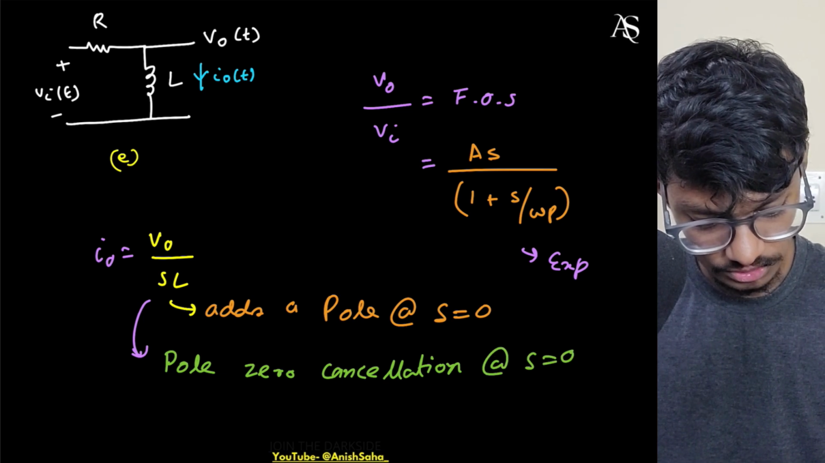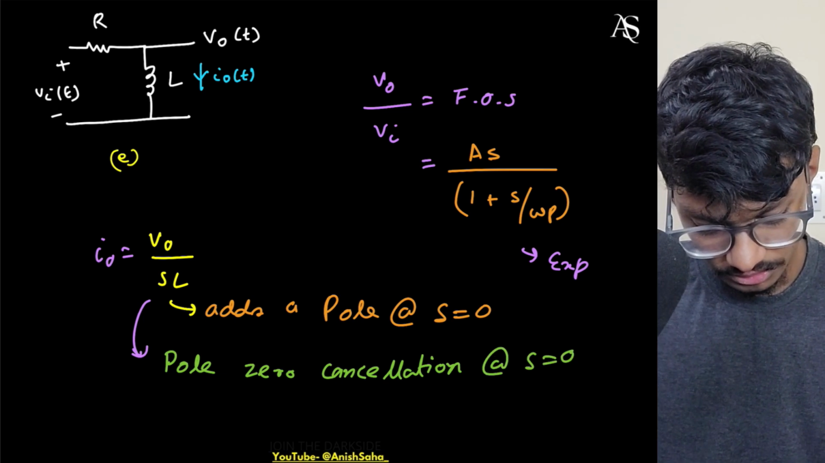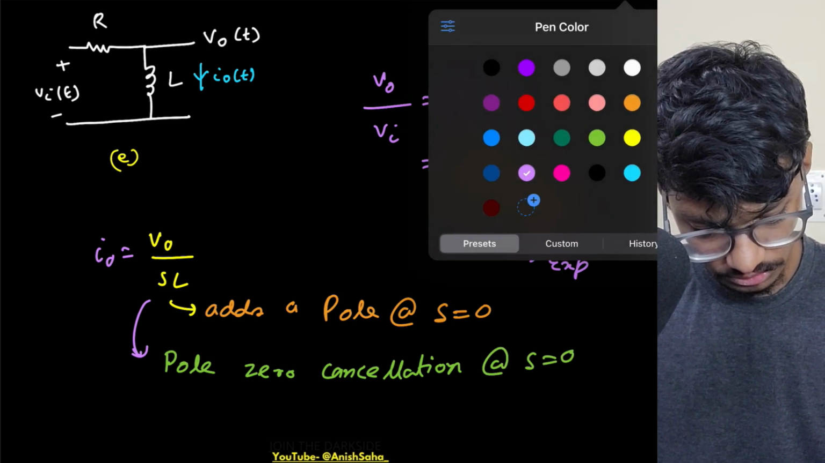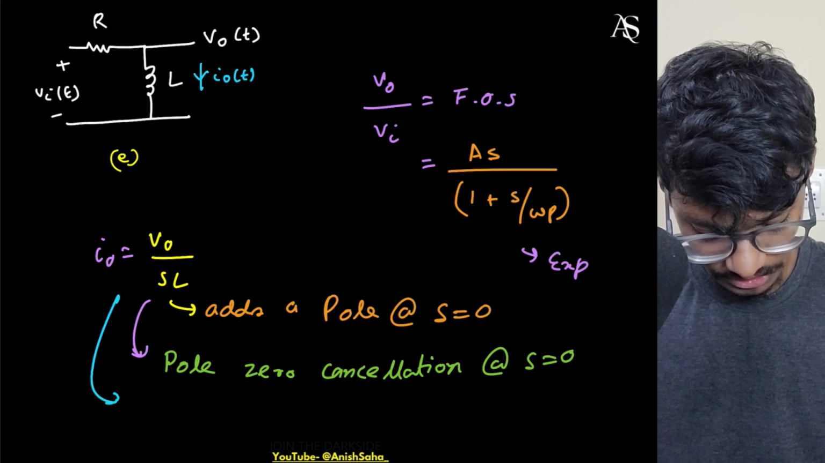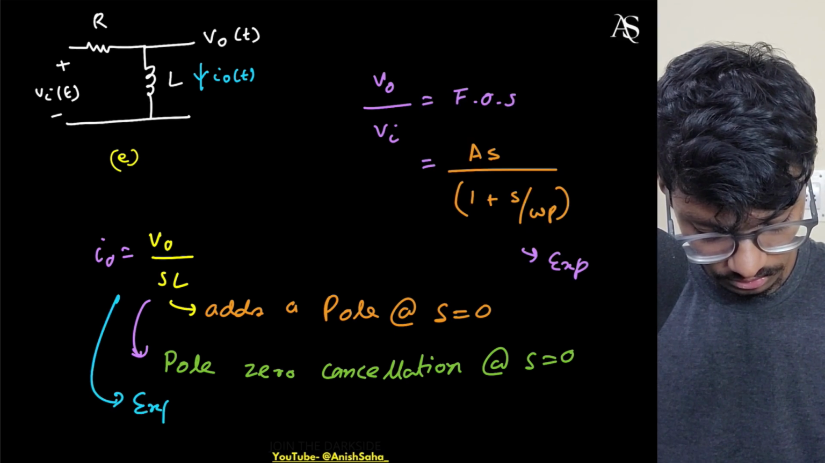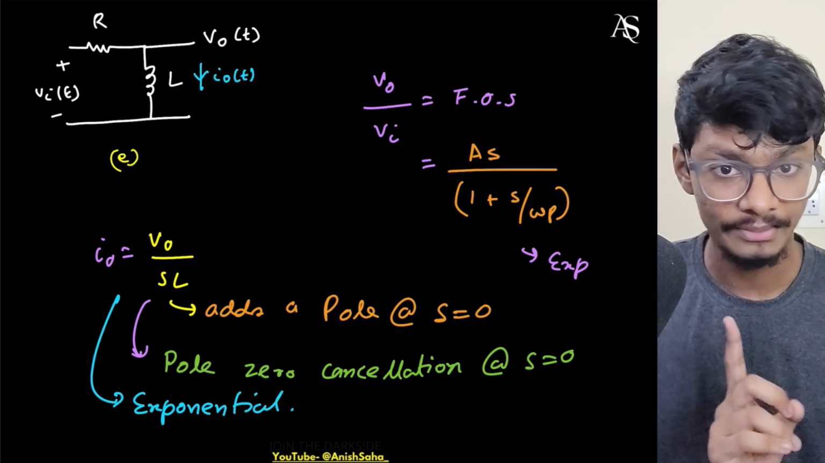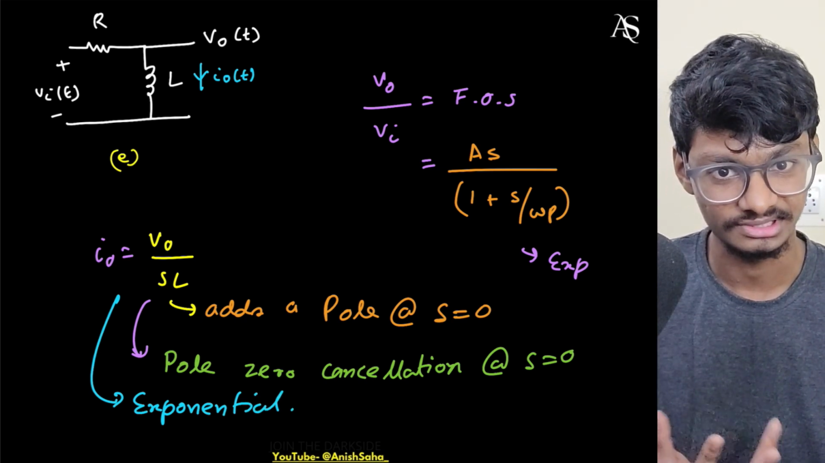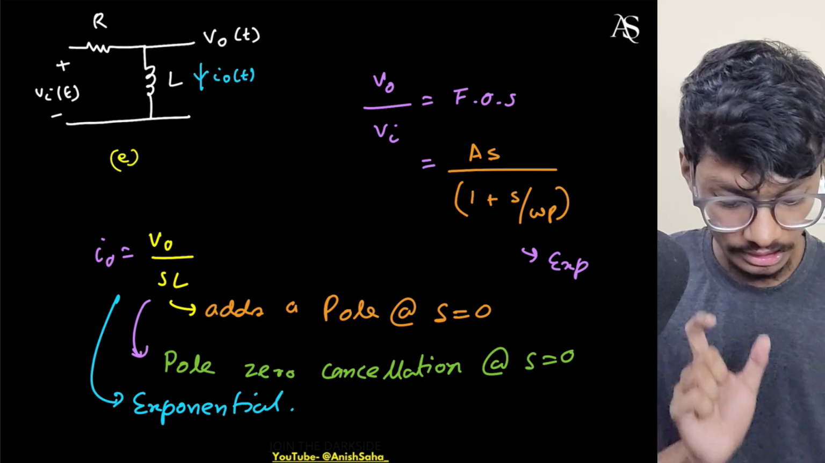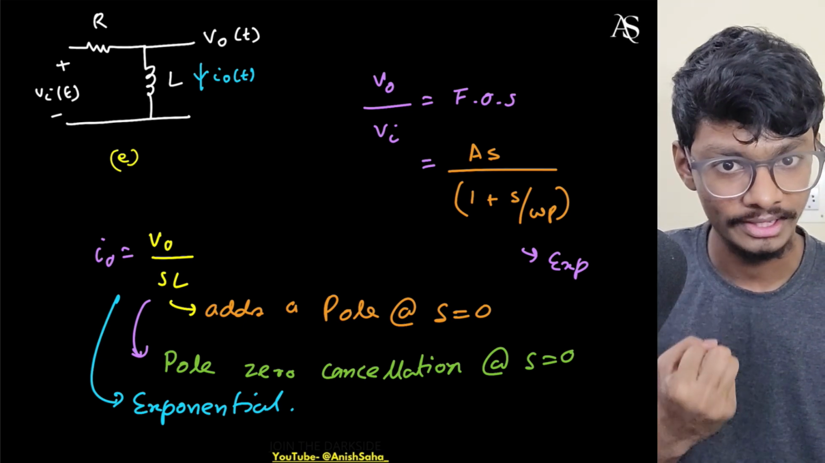At S equals to 0, obviously this response will also be exponential. This won't be a ramp anymore, because we already know this will be exponential. But just to give you an intuitive idea why this is the case,